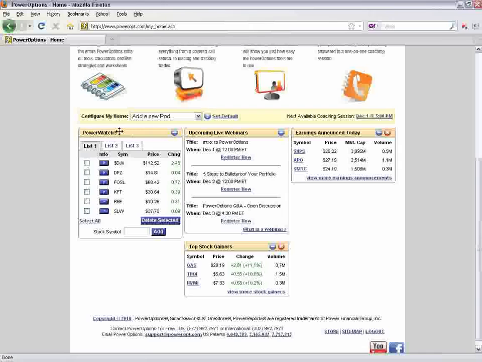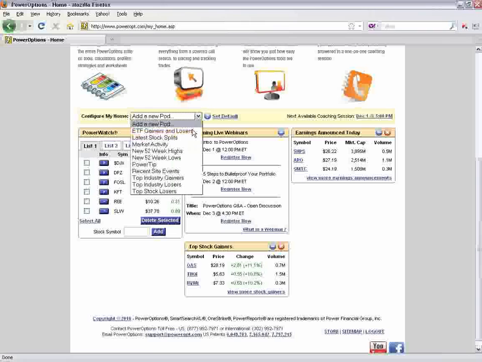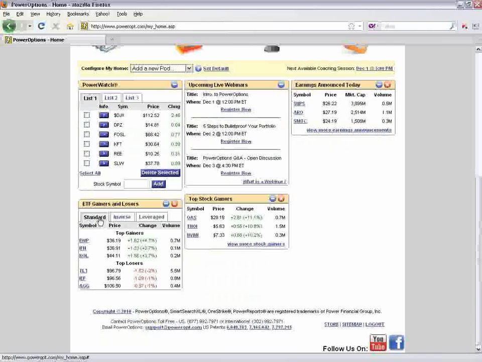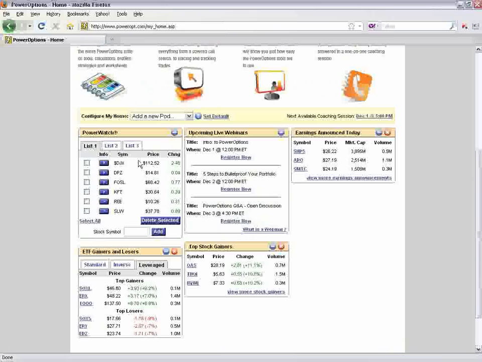You see I have my watch list selected here, the pod for the upcoming live webinars, earnings announced today, as well as the top stock gainers. In the drop-down menu here, to configure the home page to add a new pod, I can select to view the ETFs, gainers and losers for today, and that'll allow me to see the standard ETFs here, the inverse ETFs,